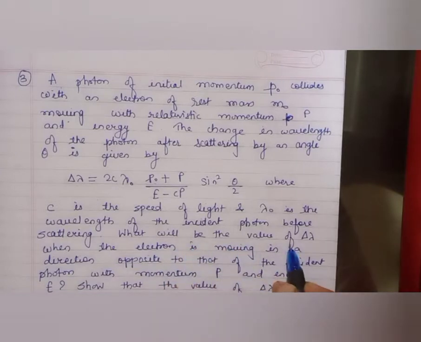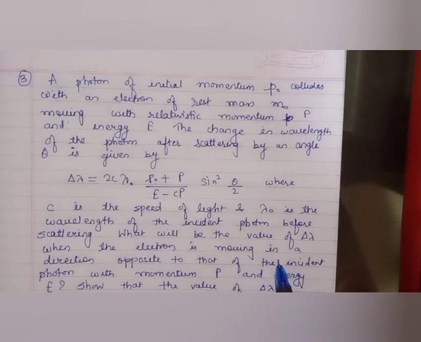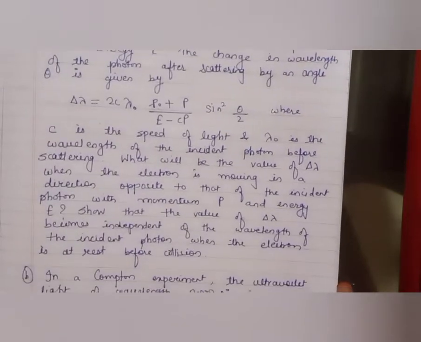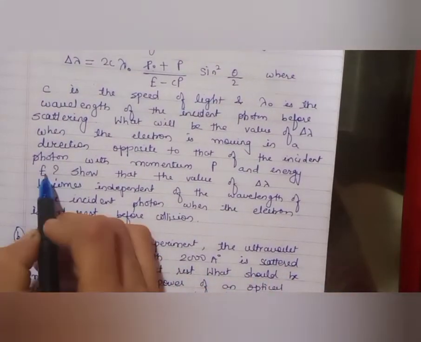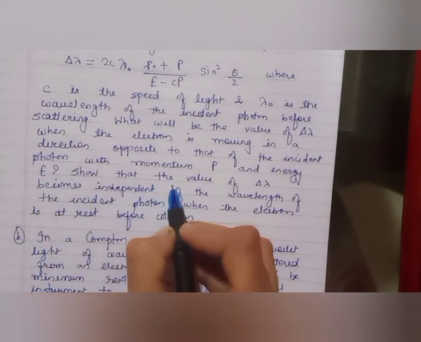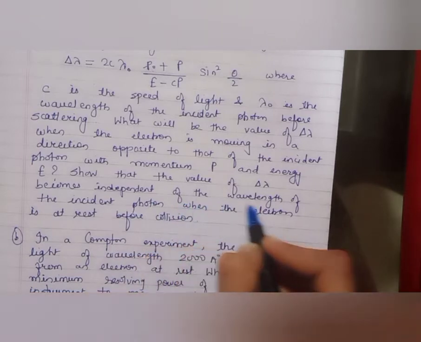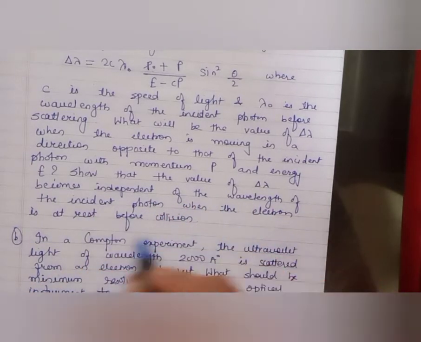What will be the value of delta lambda when the electron is moving in a direction opposite to that of the incident photon with momentum P and energy E? Show that the value of delta lambda becomes independent of the wavelength of the incident photon when the electron is